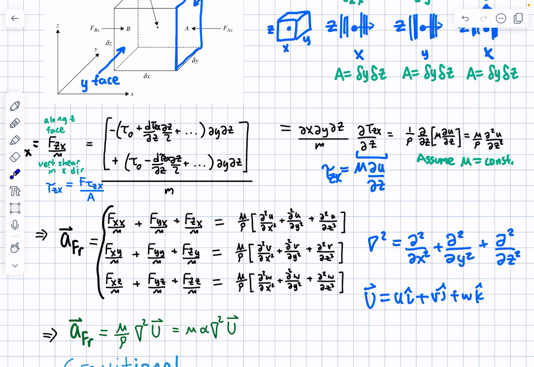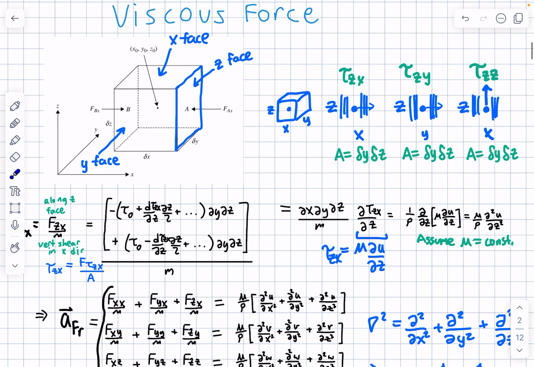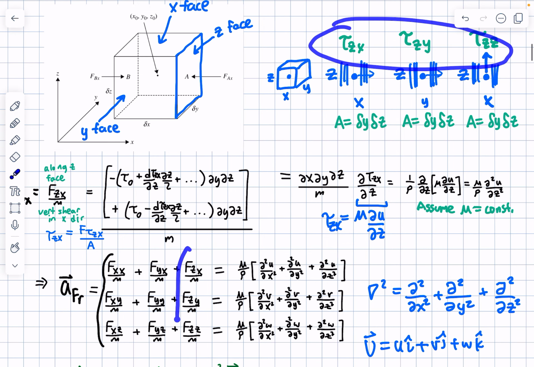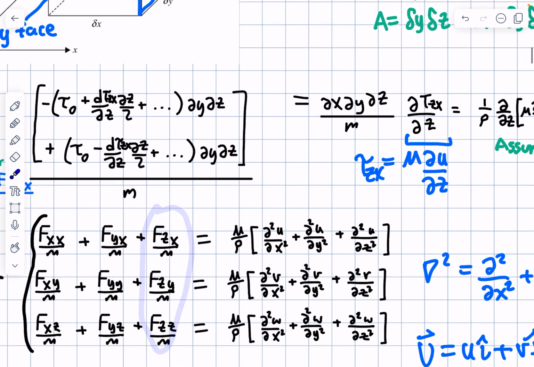And doing this 9 times actually, 3 times per direction, this here would be this column here. And you'll end up getting mu over rho times the double partial derivative of u in x plus the double partial derivative of u in y plus the double partial derivative of u in z. Here it's v, x, y, z again. This is also x, y, z again, but then it's w, which is the,